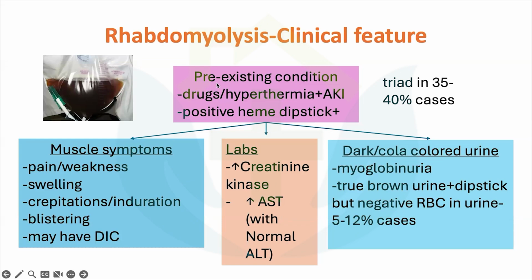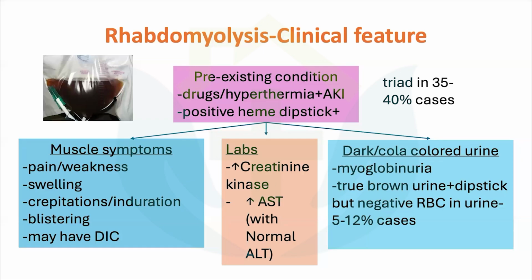diagnosis. Now, what are the muscle symptoms we should be looking out for? If there is a patient who is having a crush injury, complaining of pain, we don't have to think much. His CK levels are elevated, AKI is there, it's a rhabdomyolysis. But if the patient is in ICU, they might not complain about a pain in a particular region. Or if there is a non-traumatic cause, drug associated, we should always look out for a few things like muscle pain,